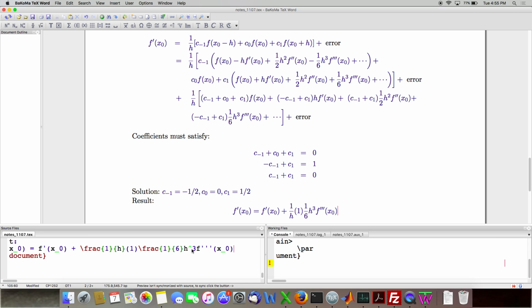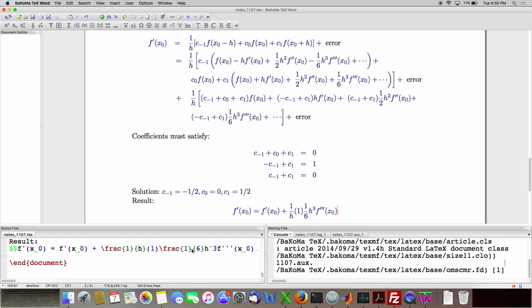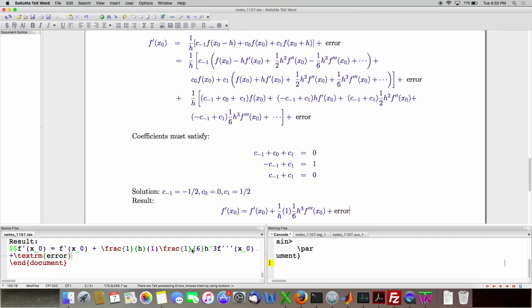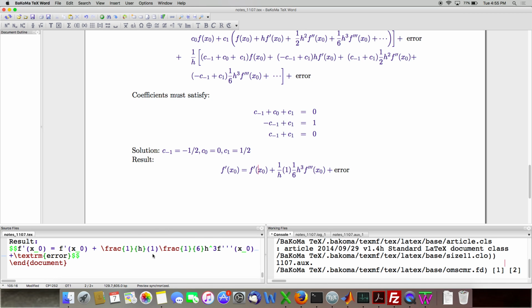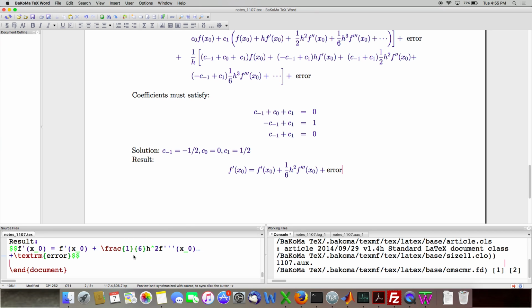Okay. Plus my error. So everything reduced to this. Now let's simplify this a little bit. I have 1 over h times h cubed. That's going to collapse to an h squared. Okay. And then, well, the f primes on both sides, they'll cancel out. So the error is equal to